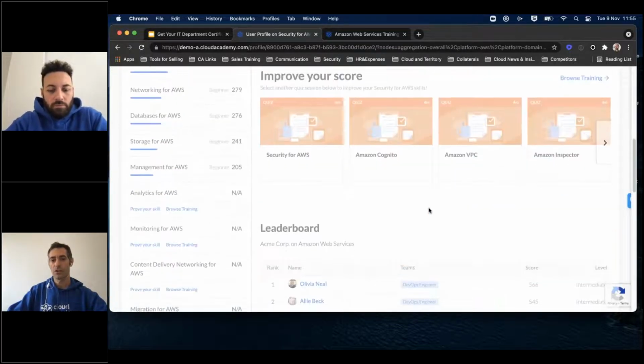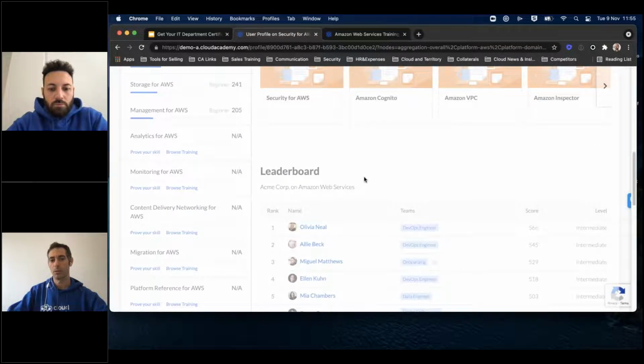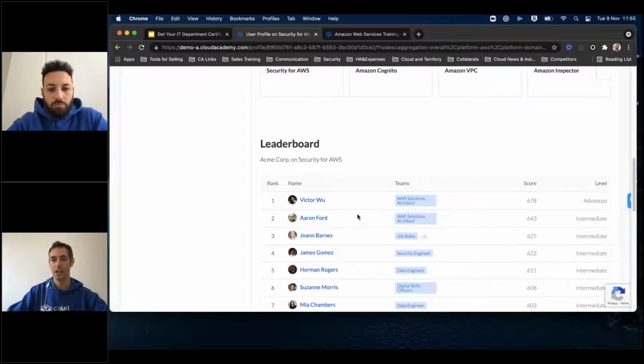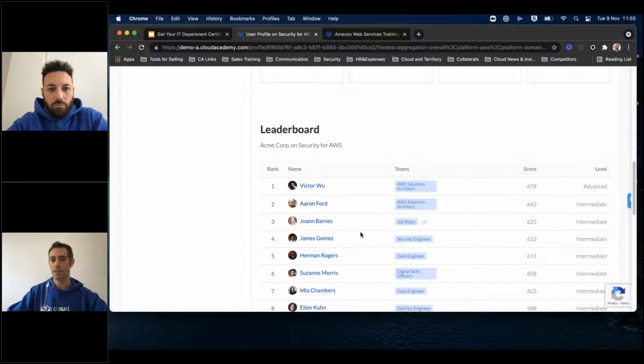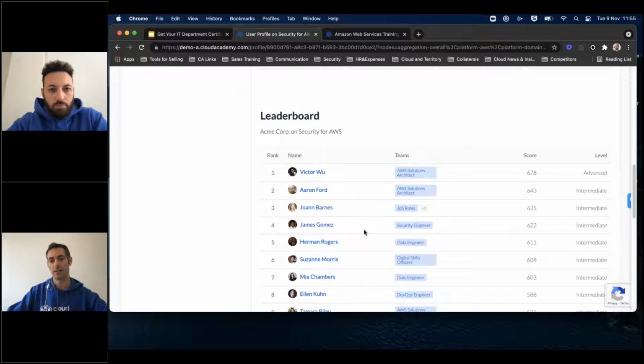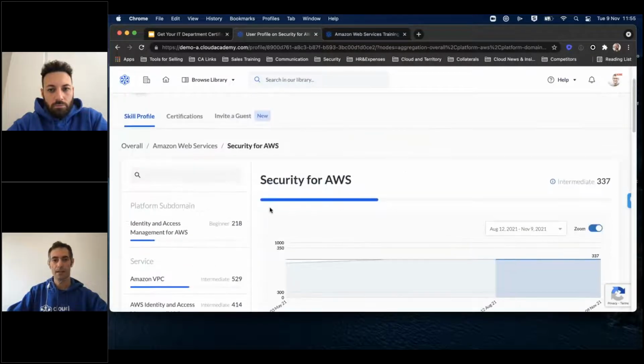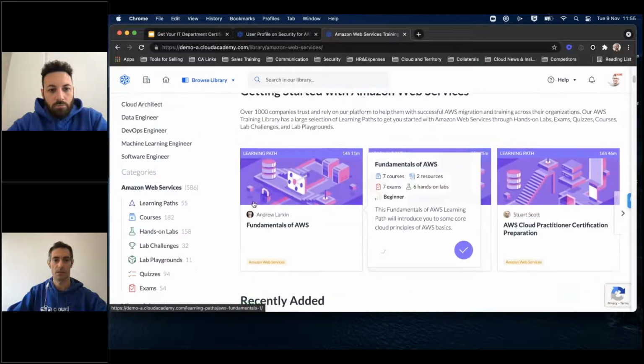And thanks to the gamification here, you will be able to actually turn to the most advanced users inside of the organizations, because you can see a leaderboard. So if Michael, in this case, is really confused about some concept or some laboratory, he can turn to the best talent to ask for some help. Yeah, I think this is basically it when it comes to the end user profile. And now I'm going to transition to the actual library for you to see how this works.